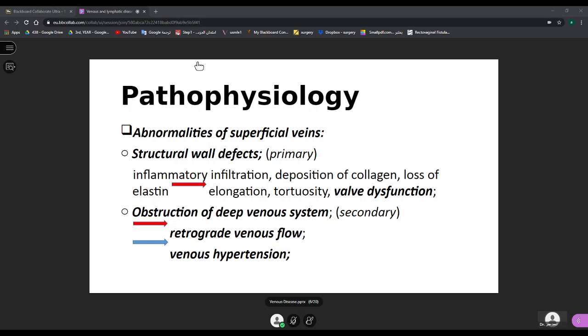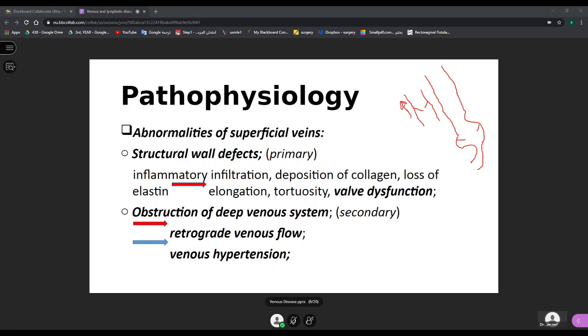If I want to, for example, draw this, if this is a perforator connecting the superficial system to the deep system, and then you get the valve here, you get a one-way valve here, which governs the flow only in this direction. Okay, so if you get elongation, if the vein now becomes longer than normal because of this inflammation, deposition of collagen, and loss of elasticity, and particularly if it becomes tortuous like that, this might come at the level of the